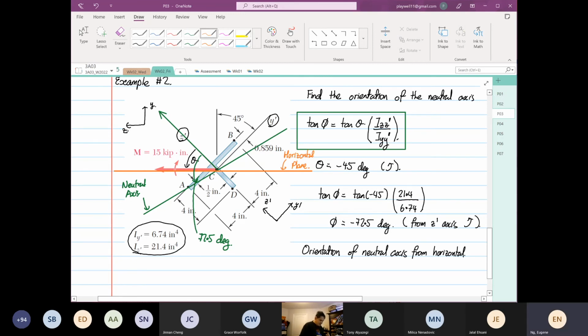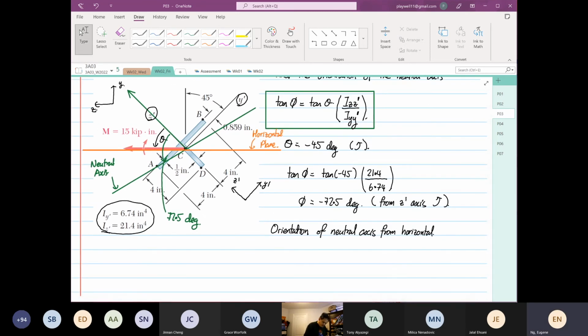So what is the angle then? The angle orientation will be equal to minus 72.5 plus 45, because the horizontal plane relative to Z prime is 45 degrees. So this will be equal to minus 22.5 degrees. If you are confused about 22.5 degrees, you just need to tell me the orientation is going in a